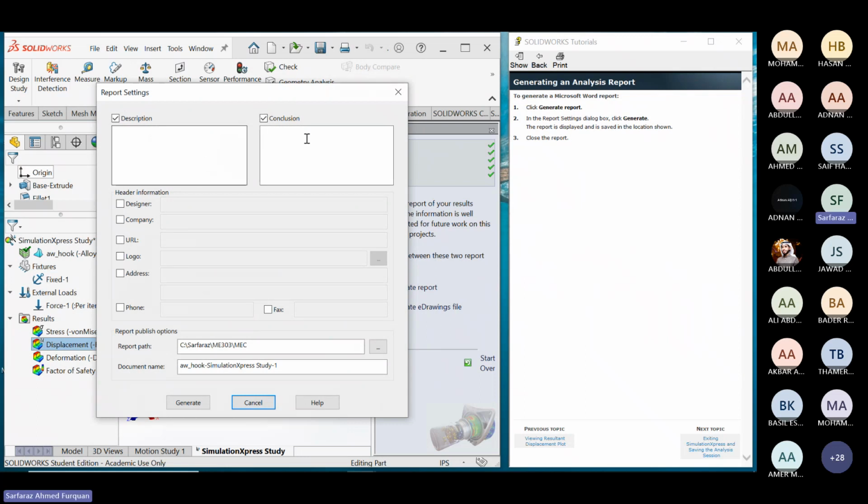If you want to fill in these details, you can add them here, like the description, which is what the study is about, and so on, the conclusion, and your name as a designer or the organization for which you're doing this, the address, and other details. Look at the path where you would like to save this and click on it. Let me name this as